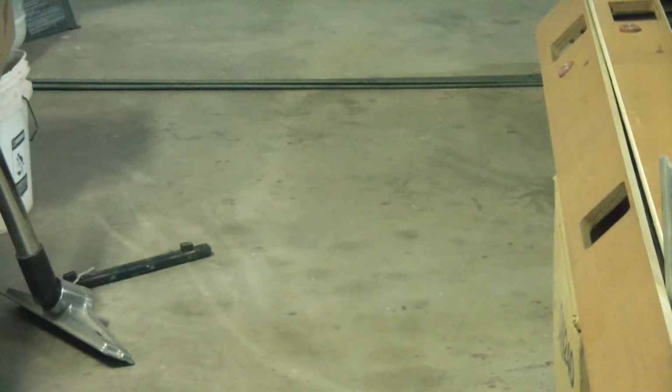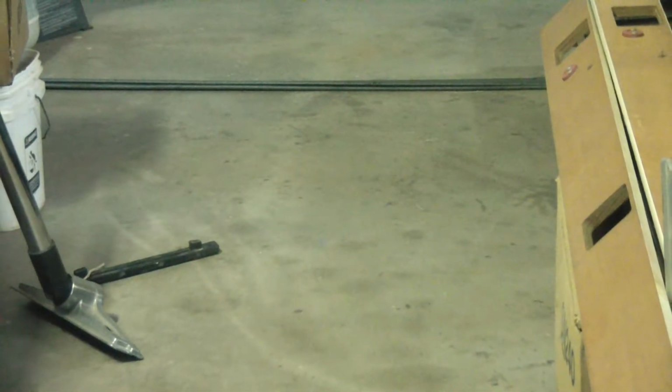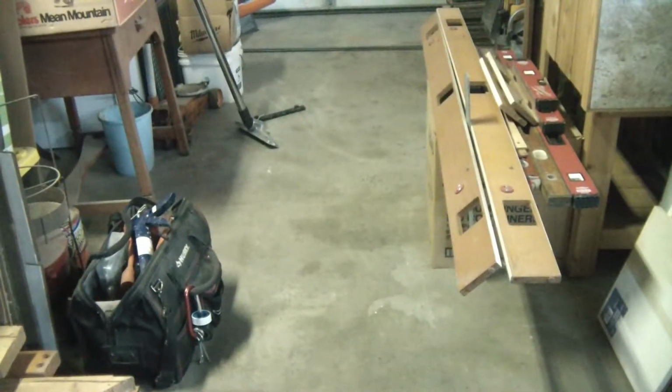This is complete. You see all the tools that were there are gone. I got this whole section here that is clean. So now I'm Rick, and this